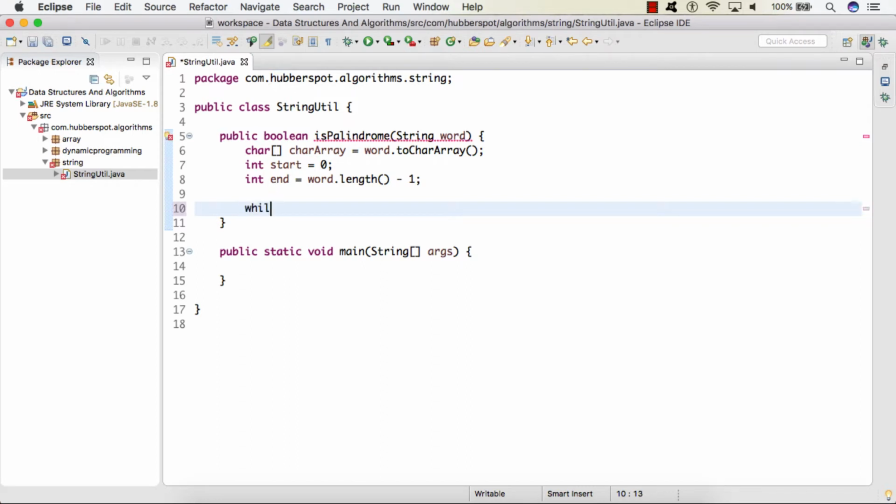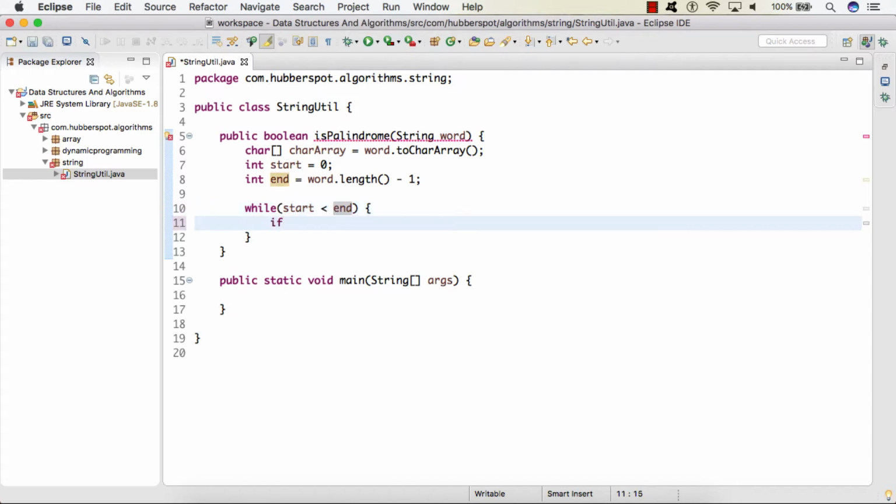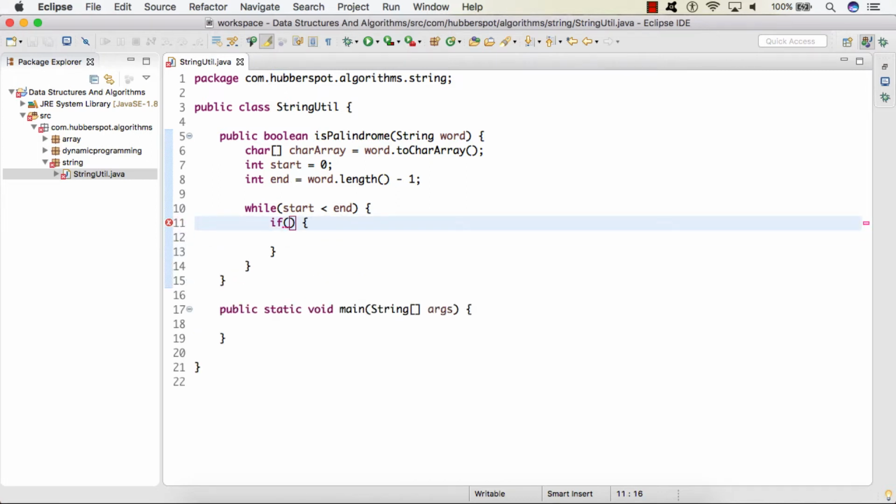So friends, now we'll start comparing each character at start and end index. So we'll provide a while loop and we'll iterate in this while loop till start is less than end. Inside this while loop, the first step we do is we check whether the character at start index is equal to the character at end index.